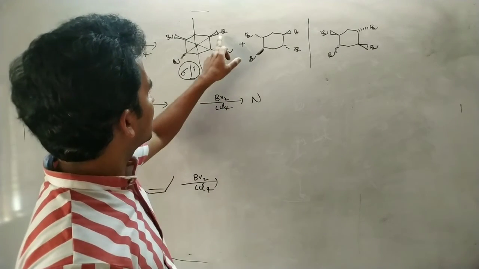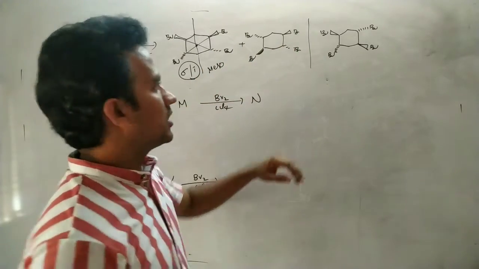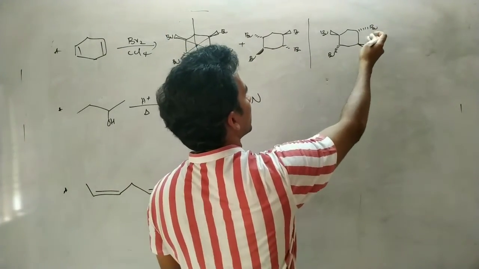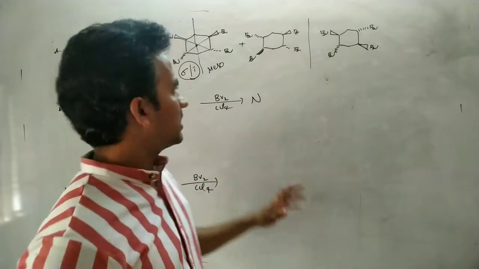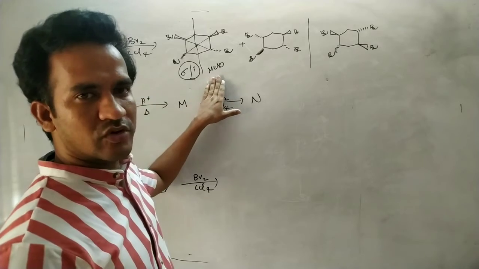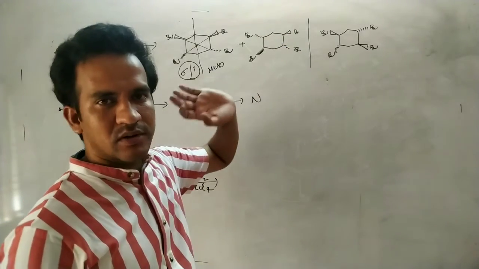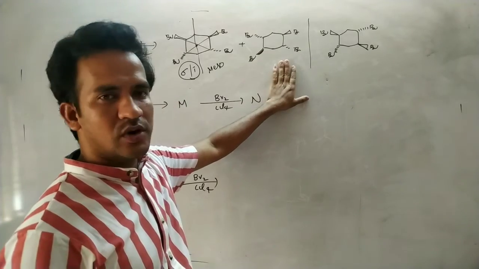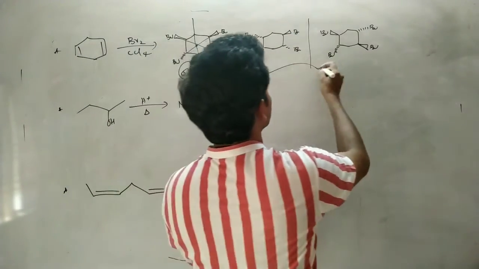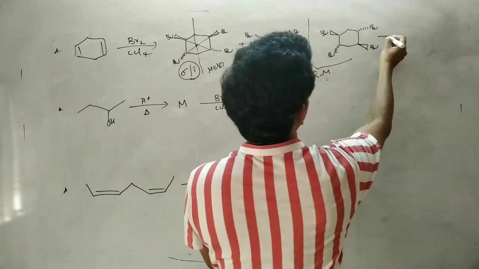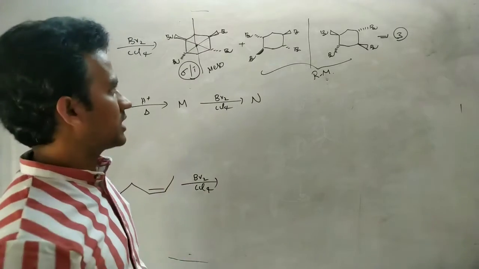So in this case, on this carbon bromine above the plane, here below the plane, here above the plane, below the plane. Now in this product, we have bromine below the plane, here bromine above the plane. Here I have written the possibilities. This compound is an optically inactive meso compound. This is an optically active compound. There is no plane of symmetry and no center of symmetry. It is optically active. Of course, its mirror image will also form in this reaction, so it is a racemic mixture. So totally three products are possible: one is optically inactive, two are optically active.